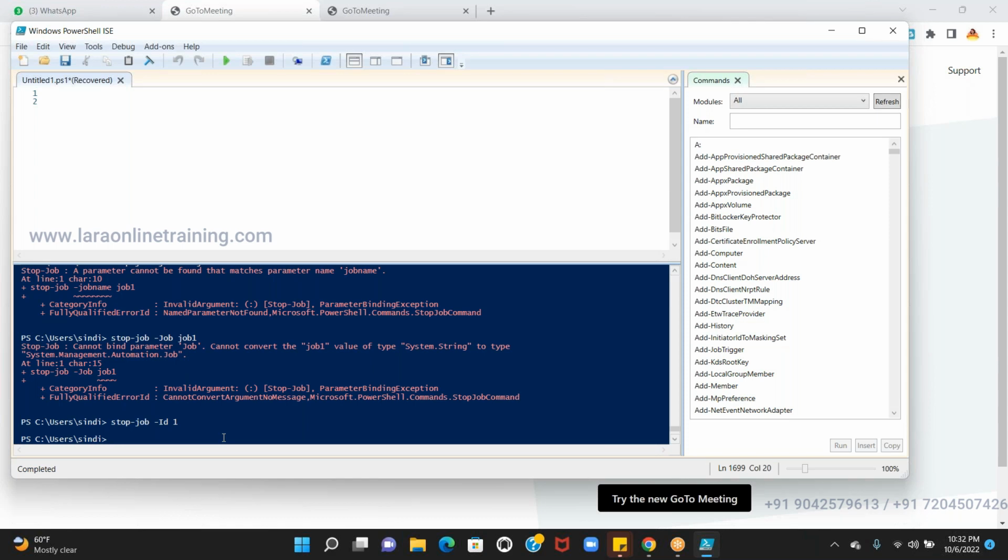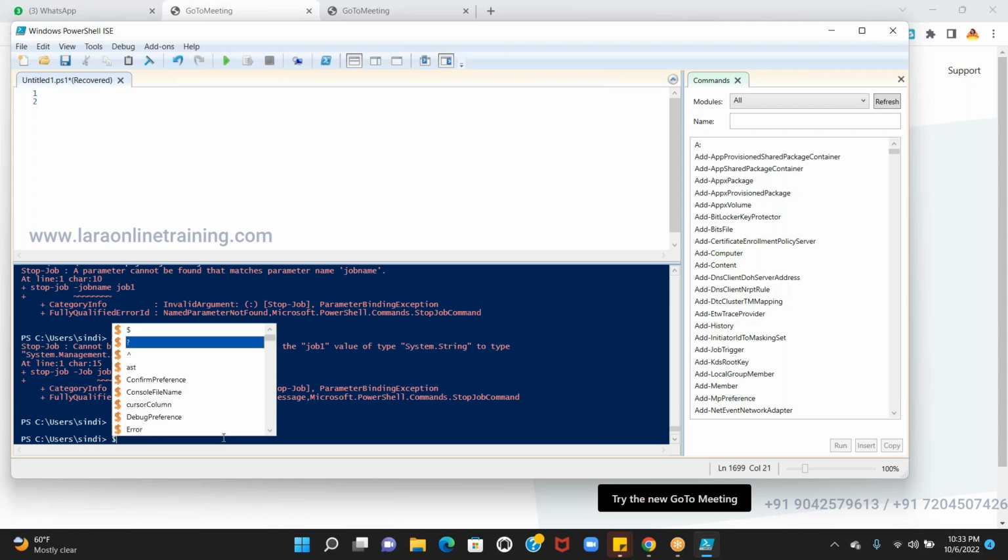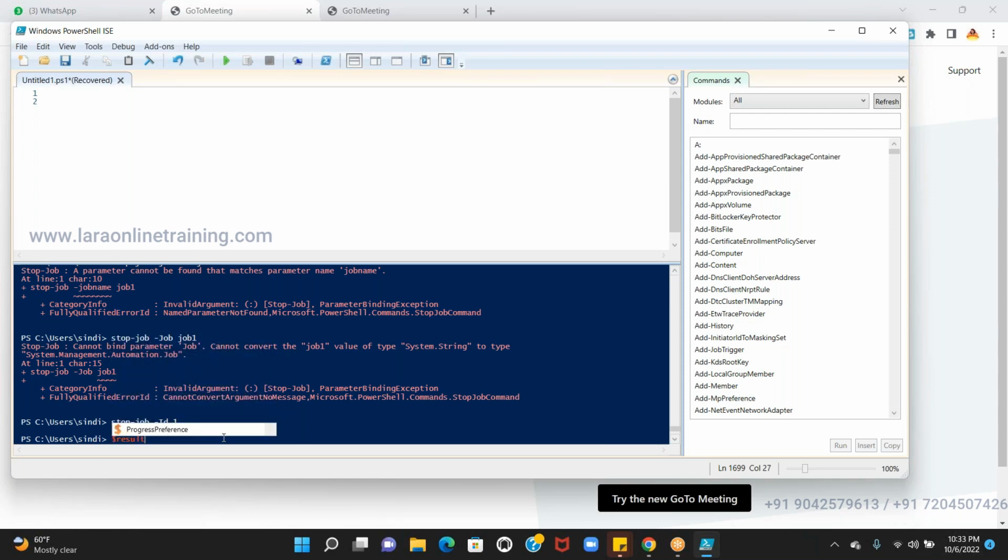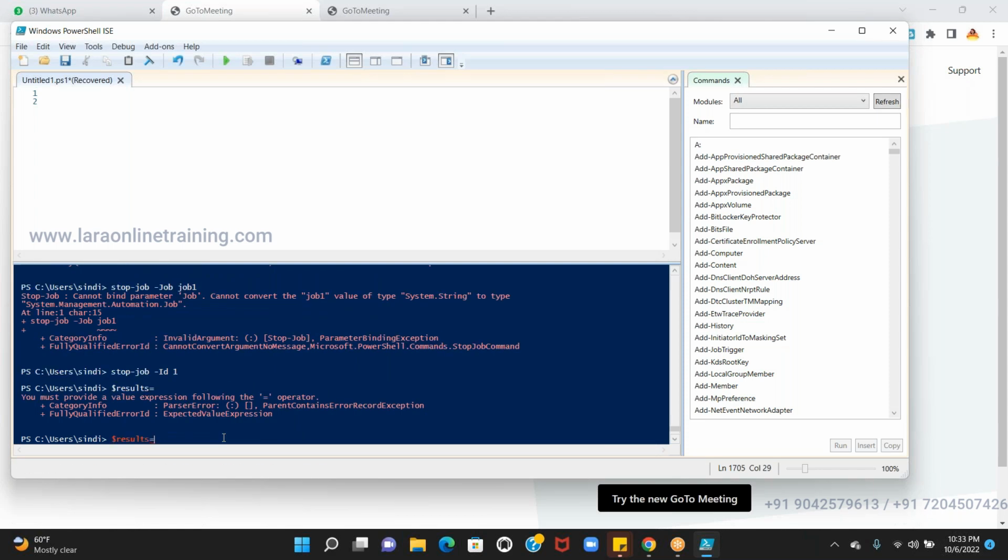And let's say the job is completed. How do you get the results? You want to store it to a variable. So first create a variable called, yeah, $myresults or something like that, or $results. Type $results equals. So basically, you're storing whatever the output was from the job. So to do that, $results equals, and then you have to do